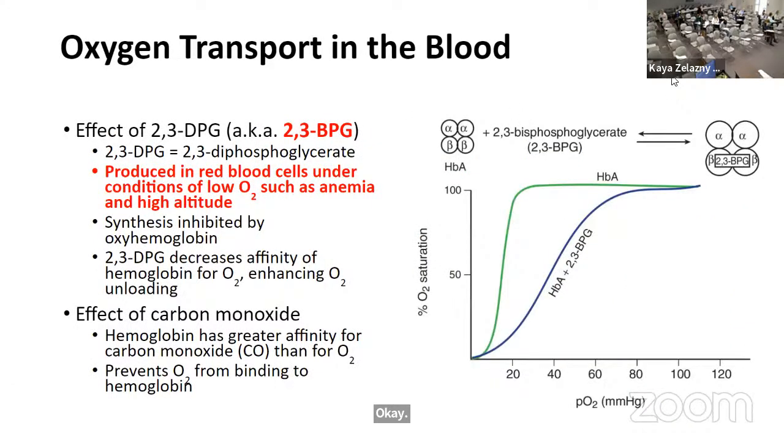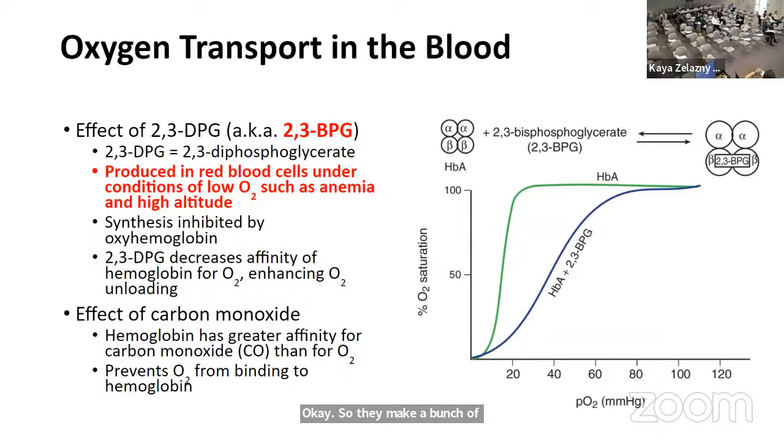This next one has a long name, but we do have an effect of a molecule called 2,3-diphosphoglycerate or 2,3-BPG. And 2,3-BPG, usually when we talk about it, we're thinking about anemia, or very, very often we're talking about high altitude. So there are actually adaptations to how much of this you make, depending on what environment you're in and how long you've been there. Okay. But basically, this is a molecule that red blood cells make when you have a low oxygen environment. Okay. So they make a bunch of this. Okay. And what this does